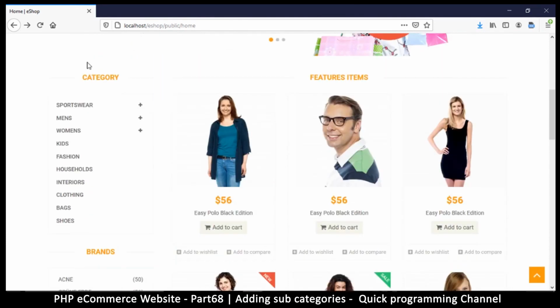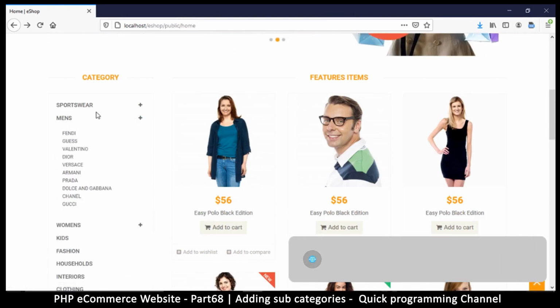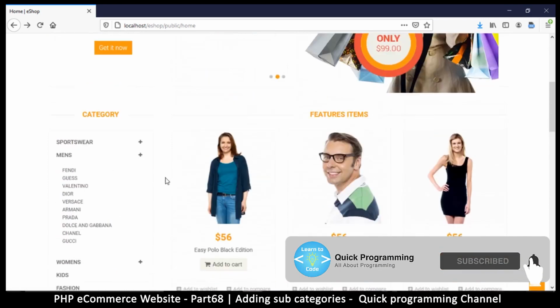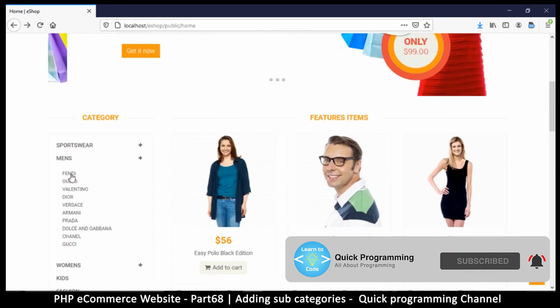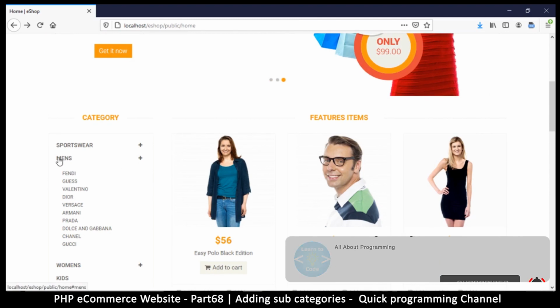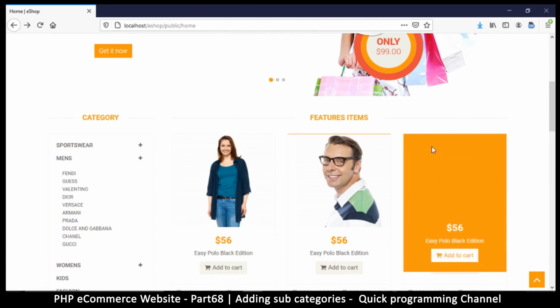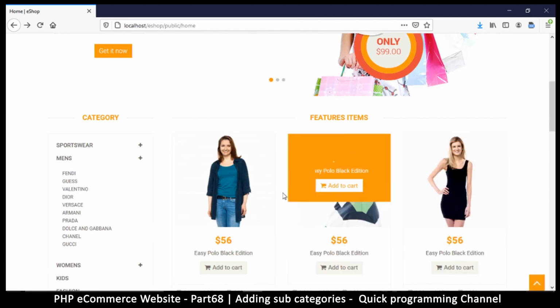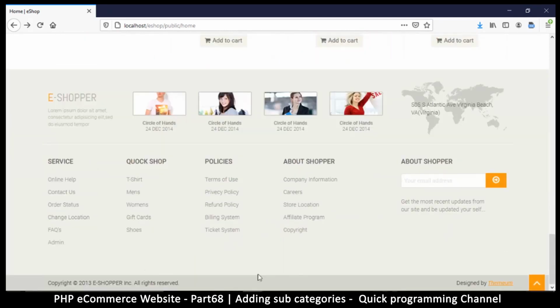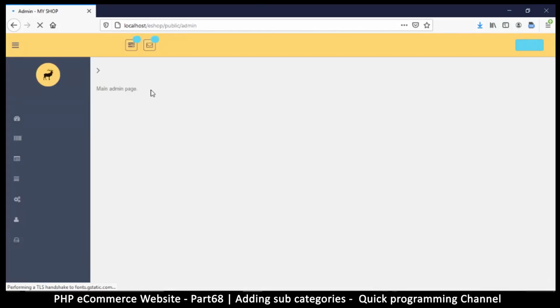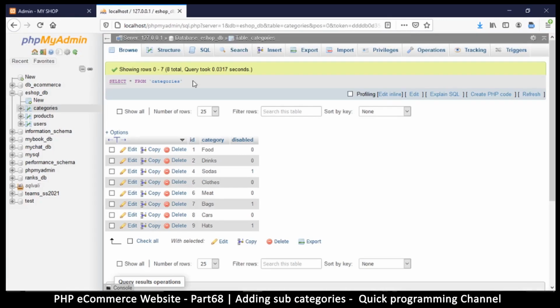So if you look at our categories here on the home page, you see that our categories have subcategories. Well, some of them do, others do not. So it would be a good idea to actually have subcategories here as well. Okay, so adding subcategories, believe it or not, is very easy to do. So let me come back here for a second. So to demonstrate that,